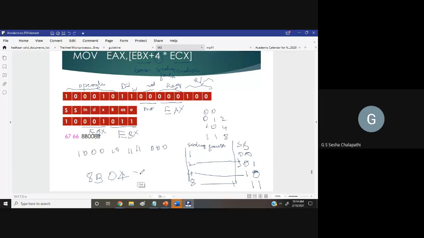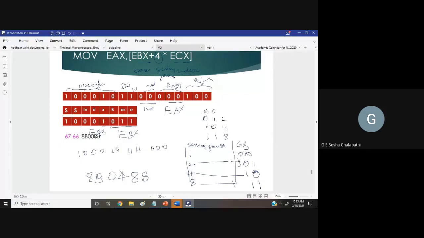Then you will have an address override and register override both, if you are using 16-bit operation mode: 66 and 67, because you are using a 32-bit address template and also 32-bit registers.